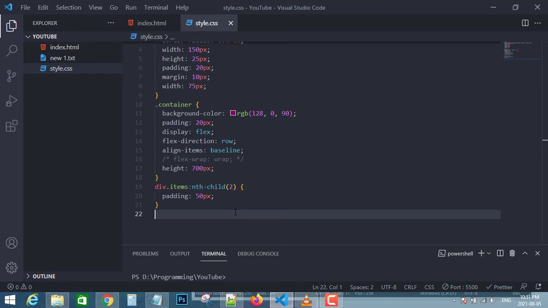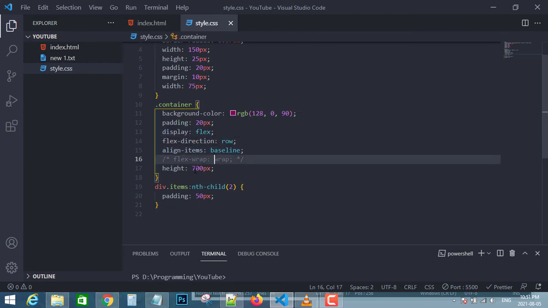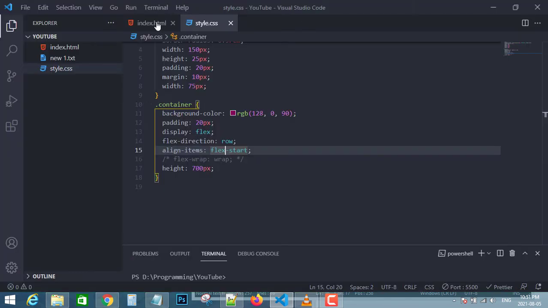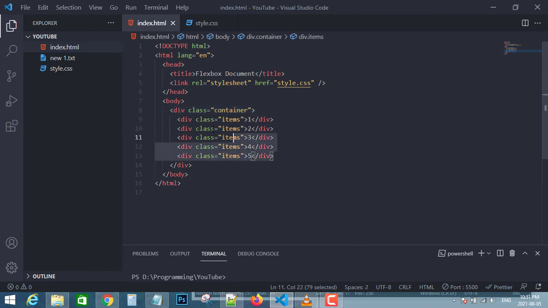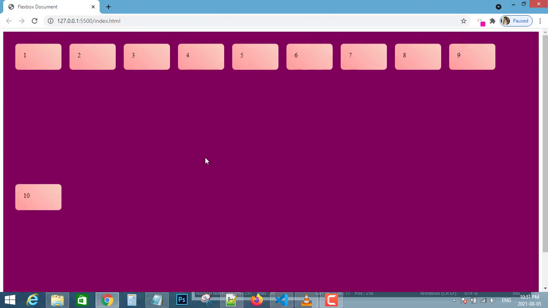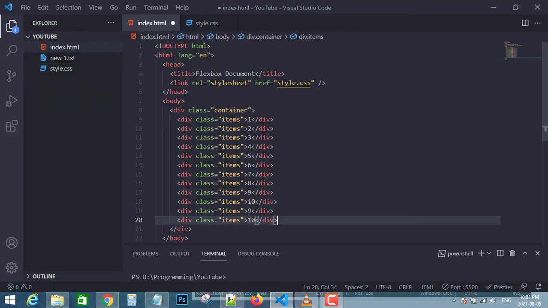Now let's discuss the align-content property. Before that, let me clear up the padding example I have made, and let's also set the flex-start property here, which is given by default, so it has no effect. And let's add more items here. How about 5 more items? Okay, this looks good. And let me enable the flex-wrap property.